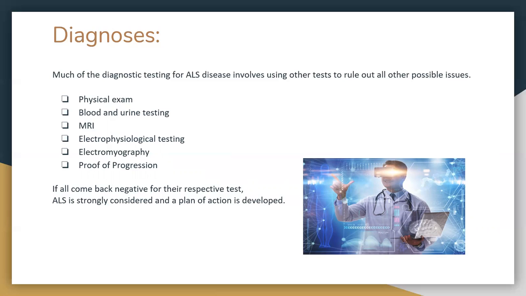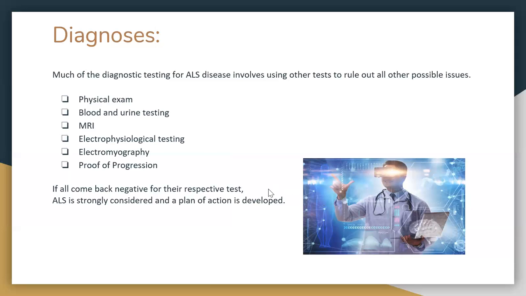In a blood or urine test, they'll be looking for thyroid disease, HIV, hepatitis, or cancer. In an MRI, they'll be looking for herniated discs. In electrophysiological testing, they can identify damage to muscle or nerves unrelated to ALS. In electromyography, they could be looking for abnormal patterns of nerve activity. And with the proof of progression, they're looking to see if the disease is getting worse over time. If all these tests come back negative for their respective tests, then ALS is strongly considered and a plan is